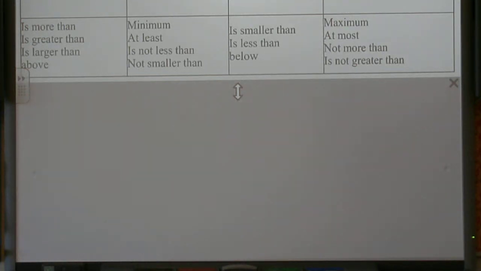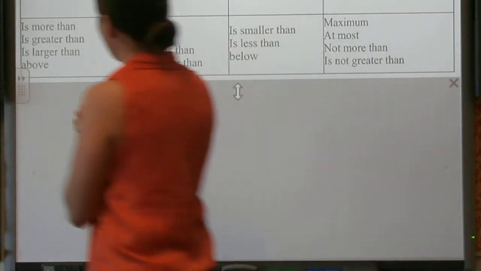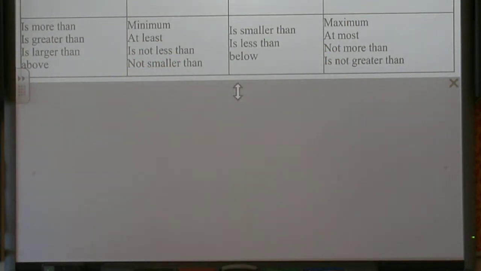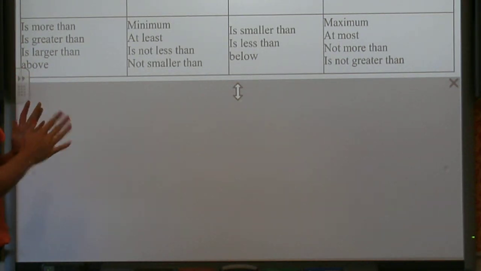This instructional video is going to be on writing inequalities from word problems, solving inequalities from word problems, and graphing inequalities from word problems. So the first thing I want to start with is our chart, and I have put a copy of this